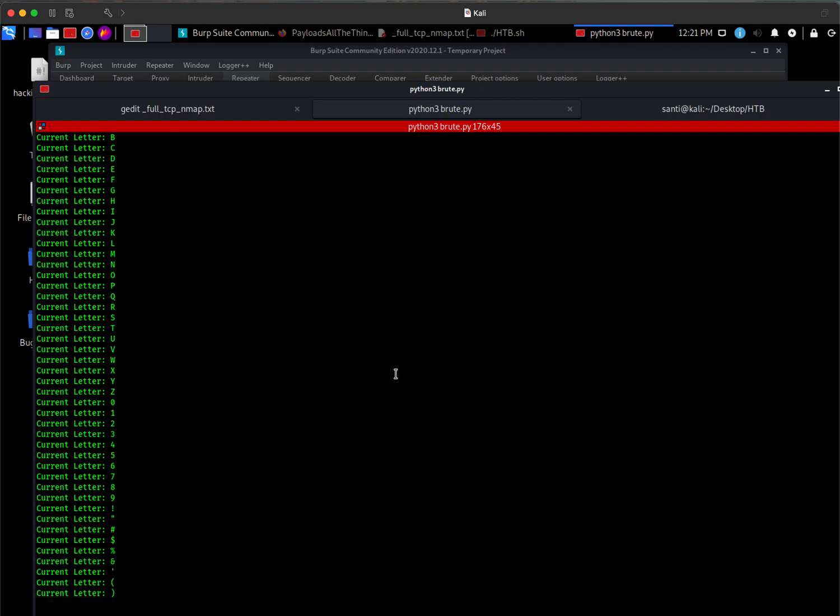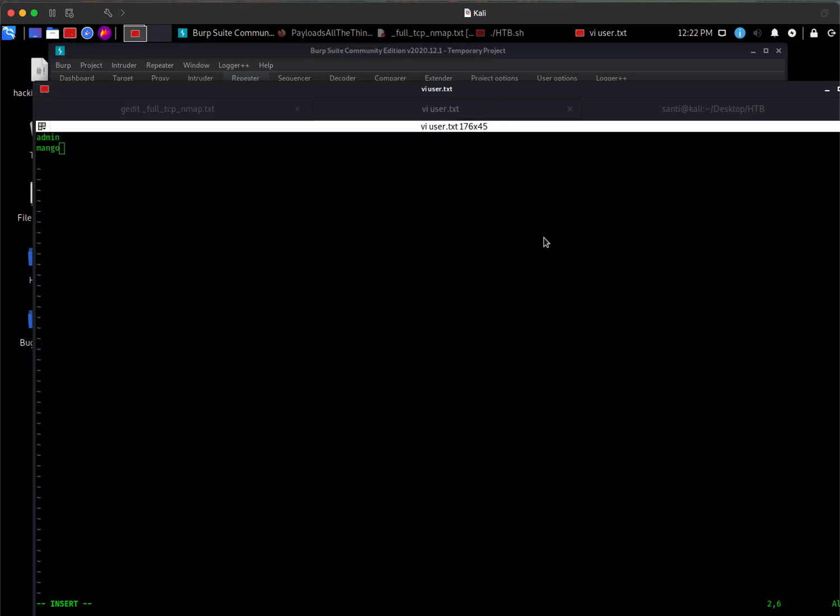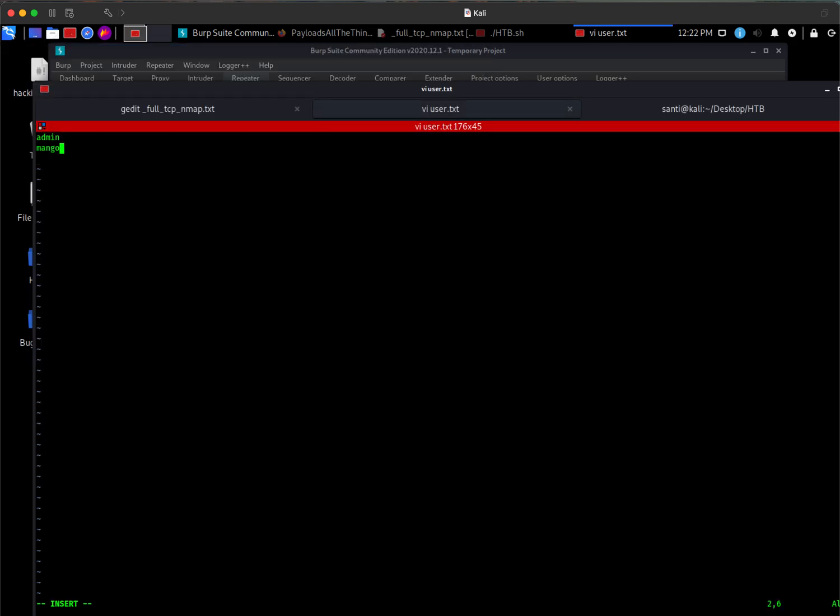So this script is just going to keep going until it hits that 12 character, and as you can see, the final password is this for the user Mango. So I'm going to go to vi user.txt, and I'm going to go up here and copy and paste this password here, and now we're going to do the same thing for the